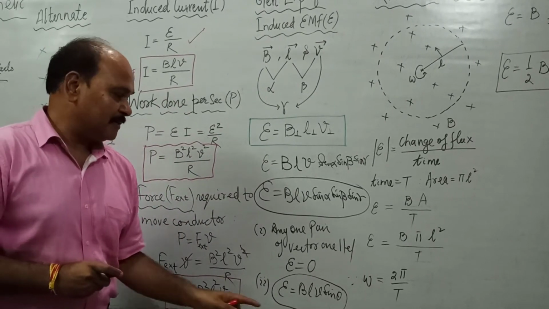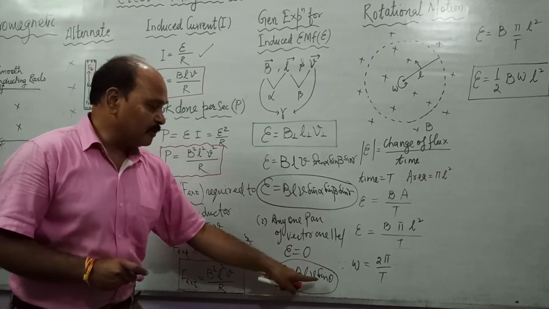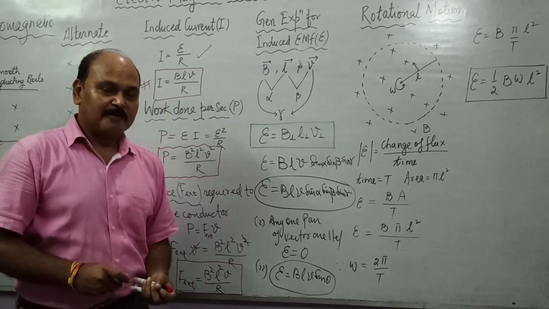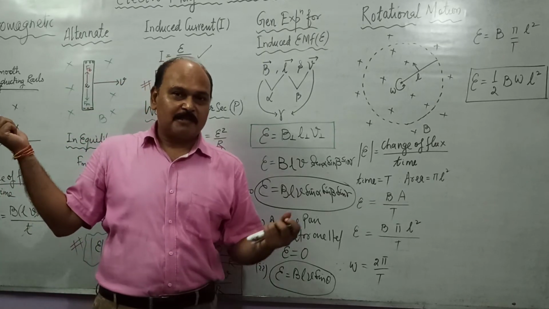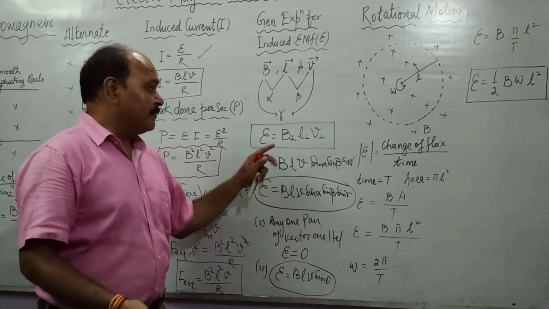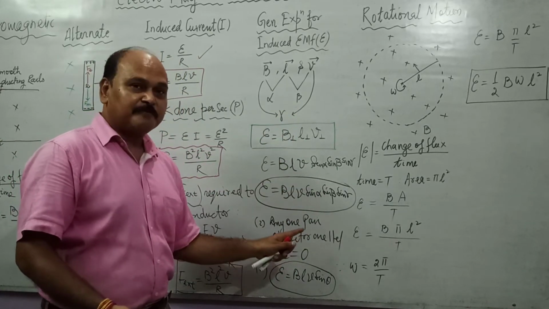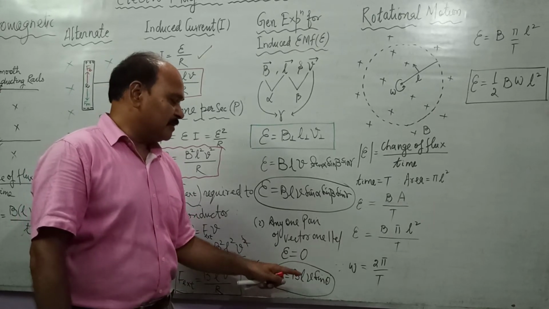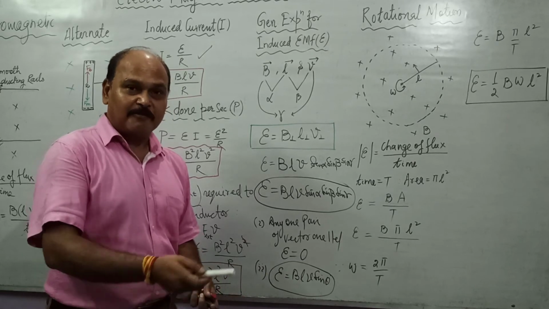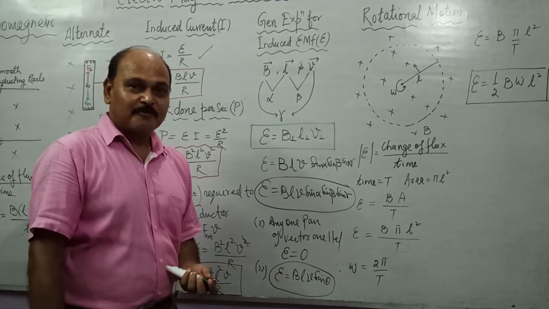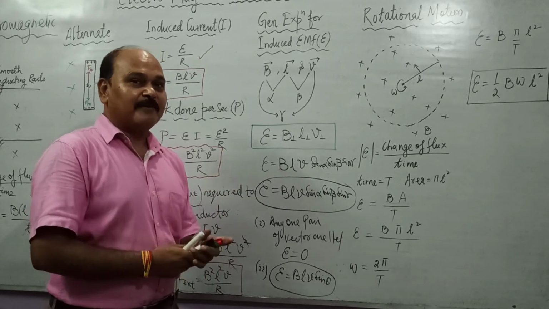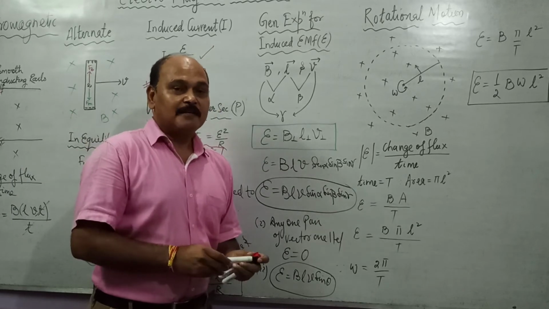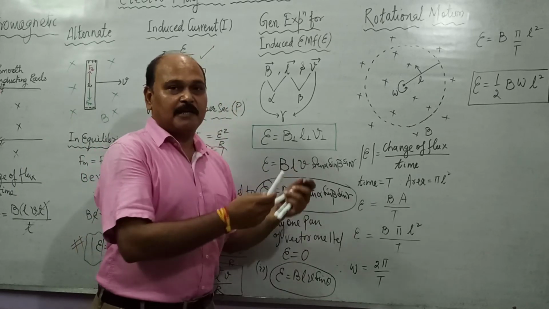If one angle is not 90, we are left with only one sine term here, and the value of the expression becomes BLV sine alpha. So either all three are perpendicular to each other, giving BLV, or if any two of the vectors are parallel, induced EMF is 0. If two angles are 90 degrees, only one angle is non-90. In that case, induced EMF is BLV sine of the one angle which is non-90. So in every numerical, we have to identify where the B vector, the L vector, and the velocity vector are. After identifying them, we proceed ahead with our workout.